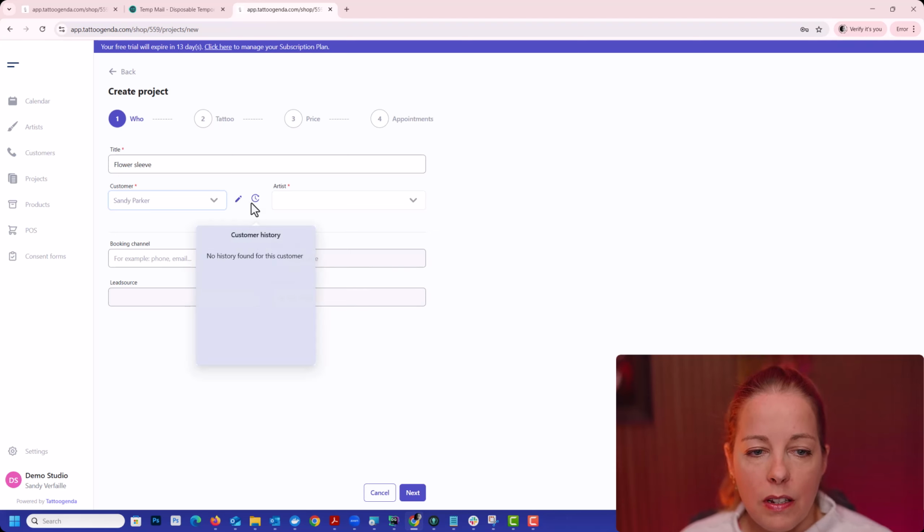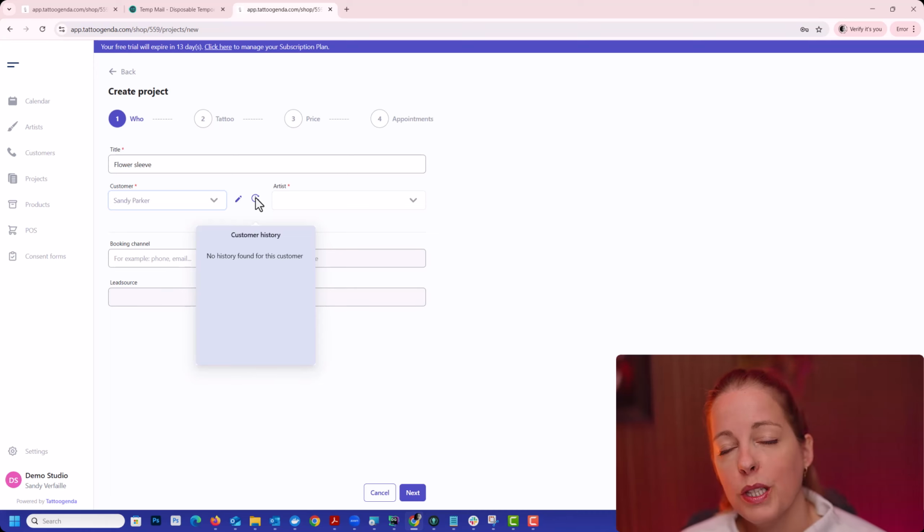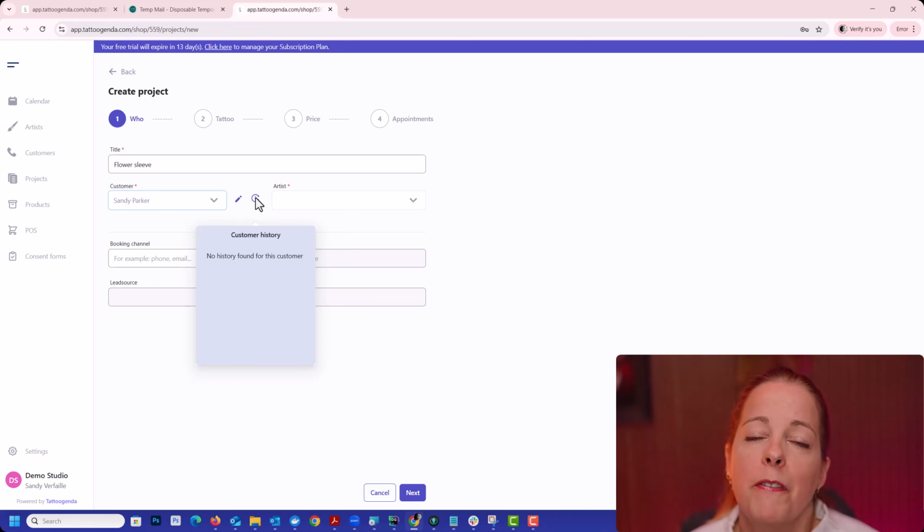And here you see this history icon. This one is, I think, a very important one. Don't hesitate if you see these icons, a history icon or an info icon, just tap on it. Like on iPad, you just tap. On desktop, you hover on it, or on your iPhone or smartphone, you also just tap on it. It will show you extra information. For now, there is no extra information. A little bit later in the next video, you will see what is there. Basically, it's a list of all the appointments this customer had with all the other artists in your studio before, if they were no-shows or cancelled, and how much they paid.